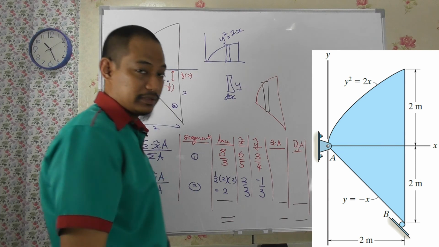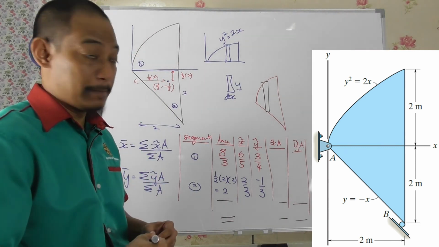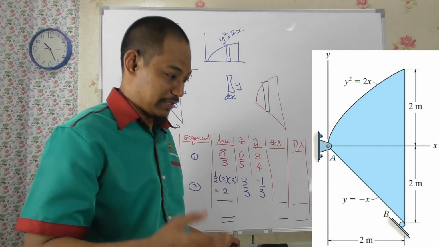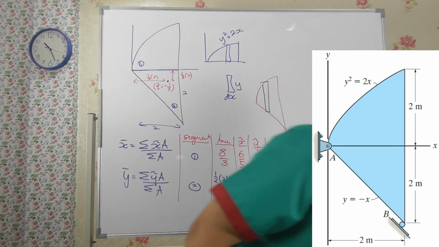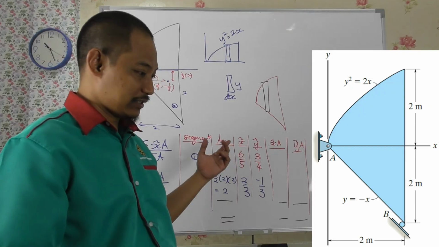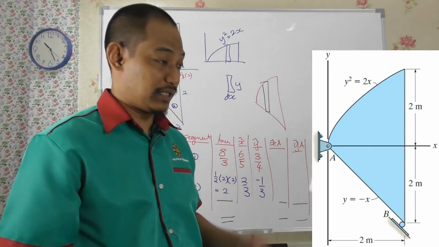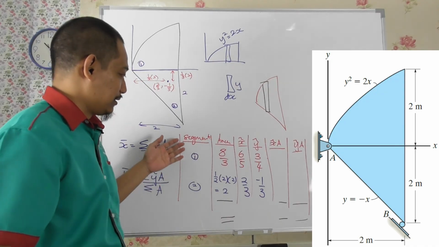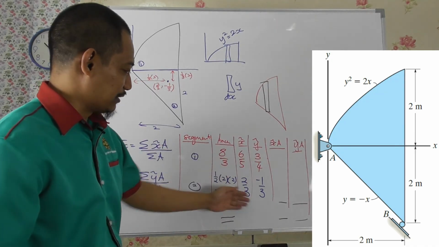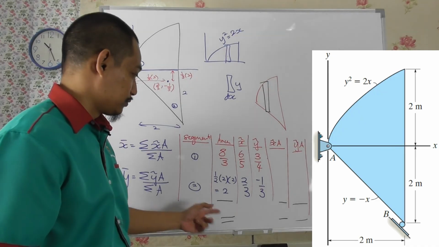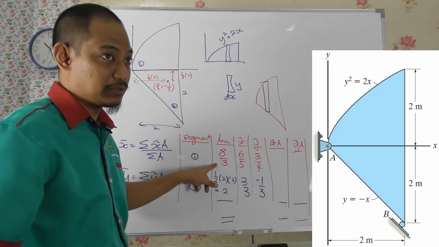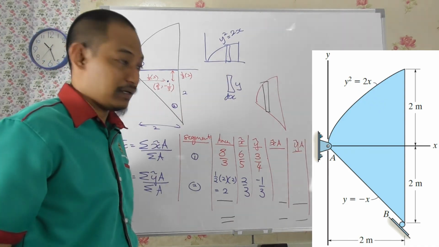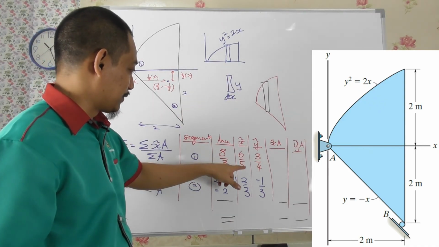For example, you take that element there, and then you integrate from the beginning until the end. The answer will be the same. You can verify, right? I've actually done the calculation, and the answer is exactly the same. So I'm not going to repeat the whole thing. I'm just saying it will be like this, because from here you can already calculate to the end. But here, if you just want to practice your integration skill and how to get the area, as well as this one,